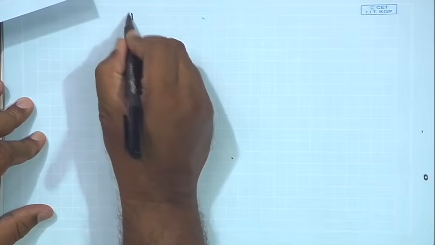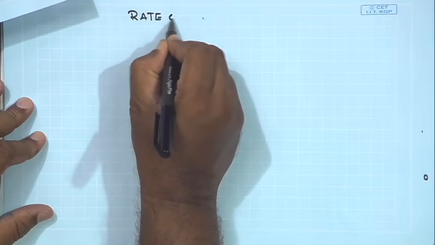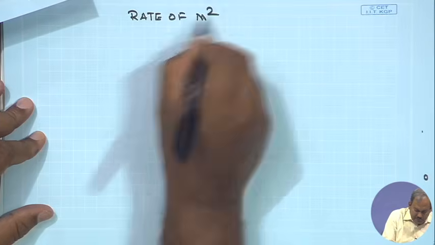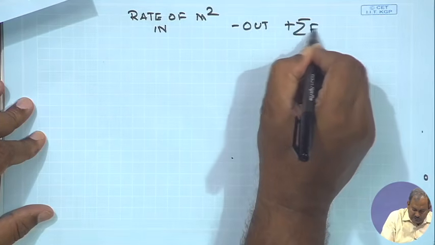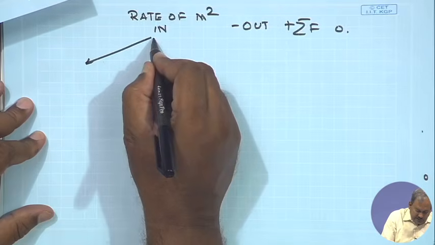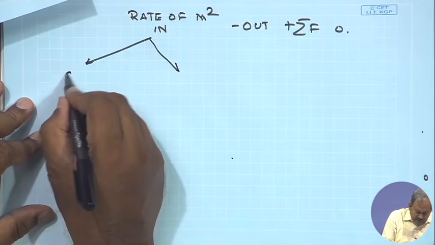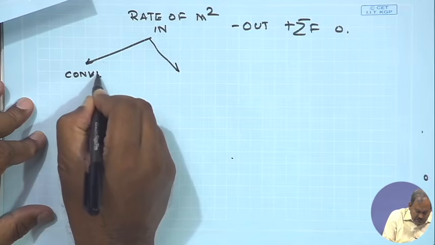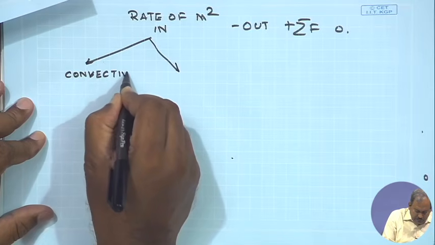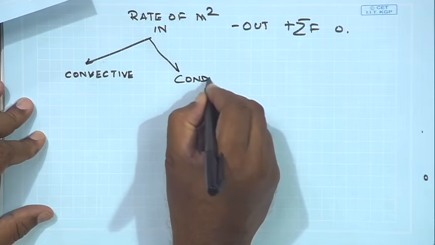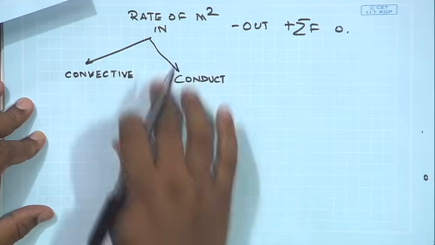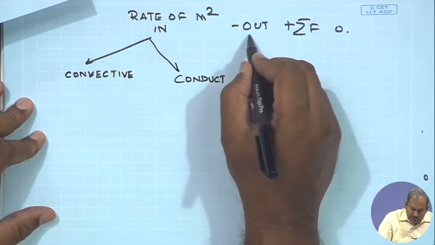So, your governing equation in that case is the rate of momentum in minus out plus the sum of all forces equal to 0. The momentum terms can be of two kinds: one is the convective momentum, the other is the conductive momentum, which we haven't done yet, and the same applies